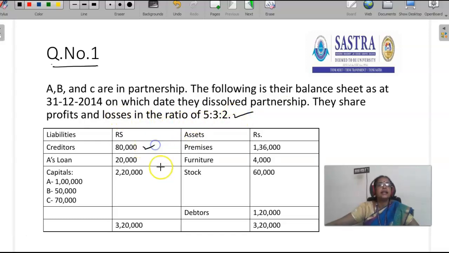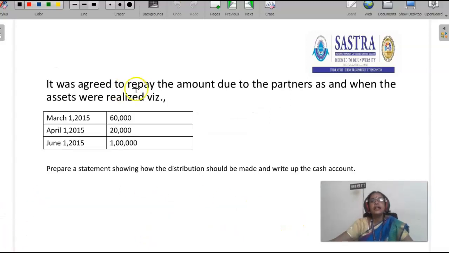Liability side: creditors 80,000, A's loan 20,000, capital: A's capital is 1 lakh, B's capital is 50,000, C's capital is 70,000. The total capital of all the partners is 2,20,000. Premises 1,36,000, furniture 4,000, stock 60,000, debtors 1,20,000. The total of the balance sheet is 3,20,000. It was agreed to repay the amount due to the partners as and when the assets were realized, namely